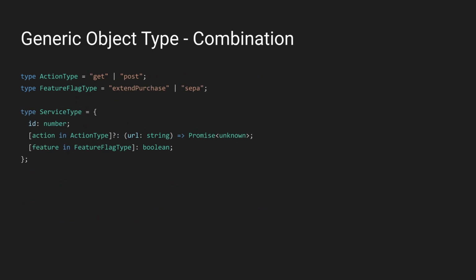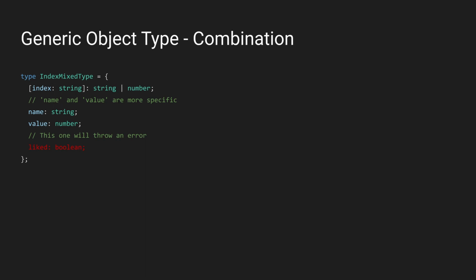We can combine multiple index signatures as long as they don't conflict with each other. In this example, we have a standard key definition for ID, but we use action type union to define optional functions. Feature keys will be expected to contain booleans. We can specify particular keys more precisely within the index signature, but only when the values are compatible, as seen in the example. We can add string and number keys, but not boolean, as it doesn't match the general key